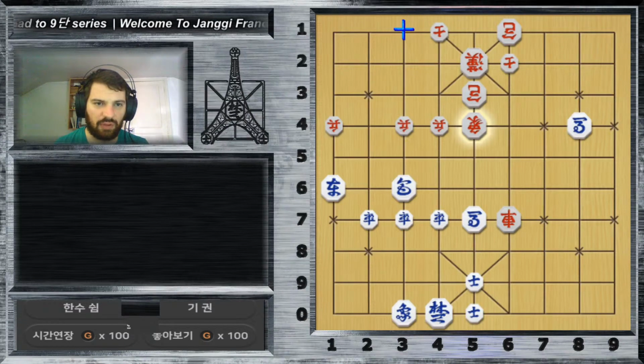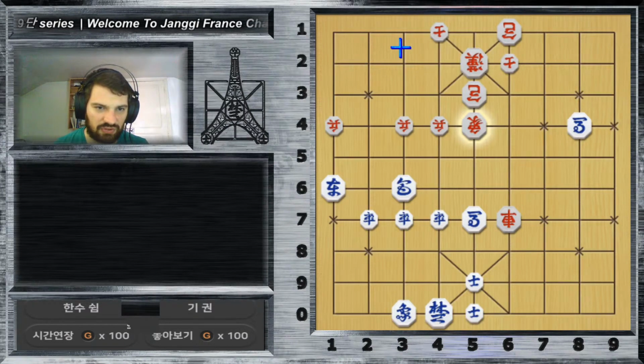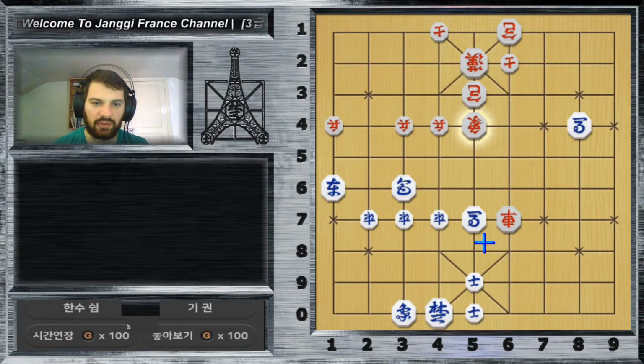Okay, the elephant was threatened, but it wasn't in my idea to take it because that would... Oh, okay. I will buy some time because I only have like 30 seconds left. So he's hanging the pawn, but he will bring the elephant and gain the possibility to